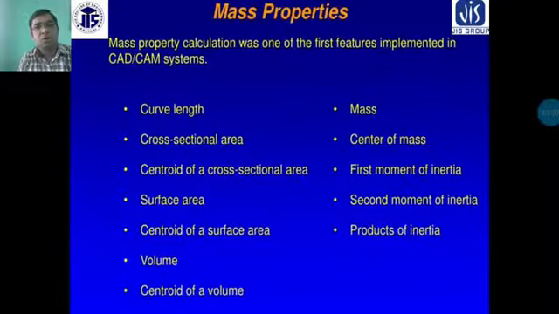properties. Volume is much more essential for the calculation of the mass properties, and the centroid of a volume. If you have to calculate the volume, that means the mass properties, the centroid of a volume is calculated first, according to the mass, and the center of mass must always be calculated. So that is the mass of the system.